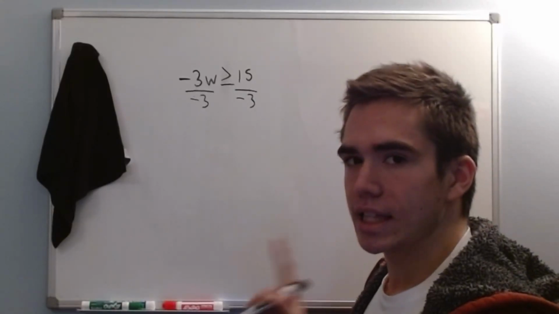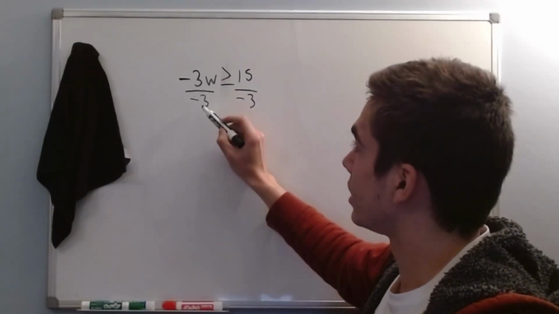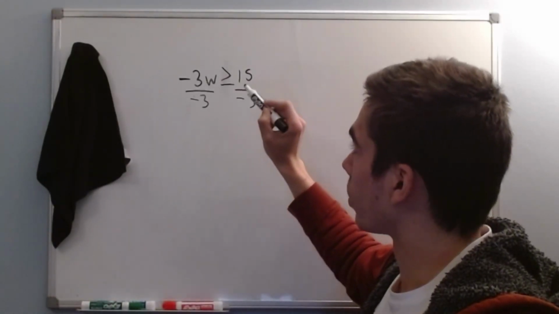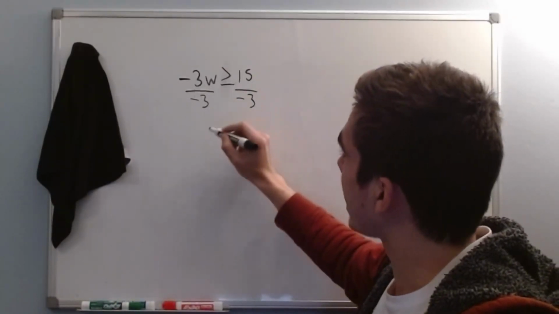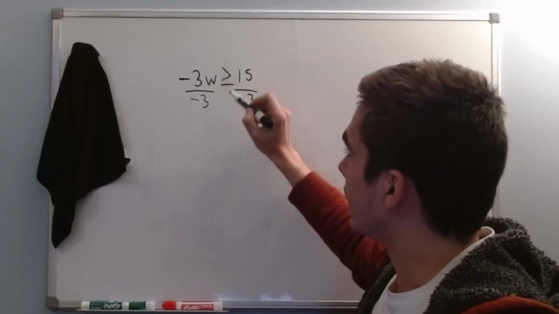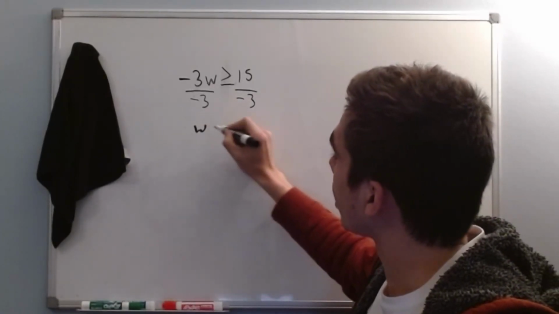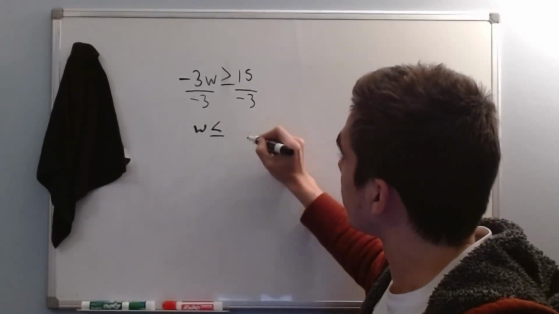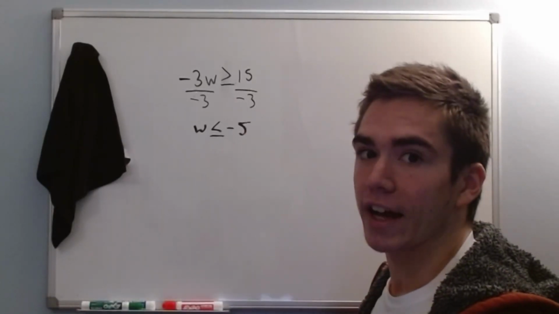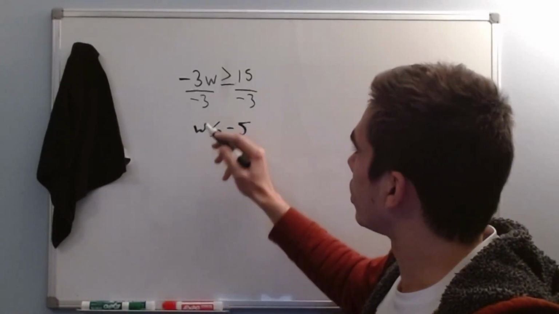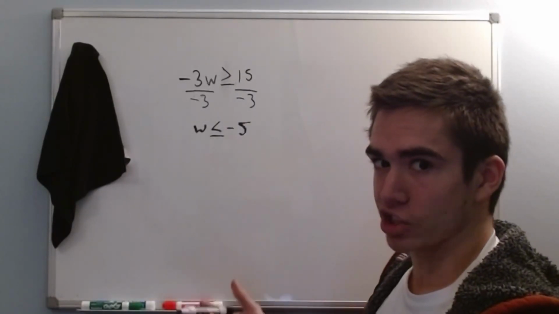However, there's a key part that we want to know when working with inequalities, and that's whenever we divide by a negative, we're going to flip the sign that it's facing. So now instead of having a w is greater than 15, we're going to have a w which is less than our now -5. So, in short, whenever we divide by this negative, we're going to be flipping the sign and ultimately changing the